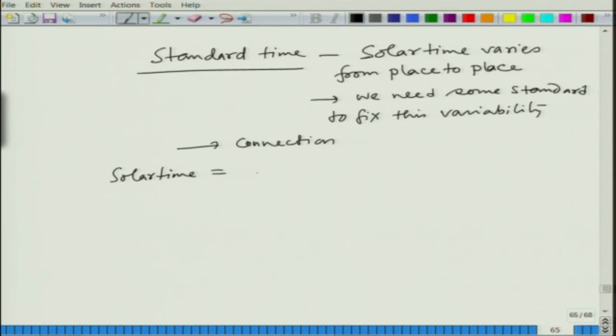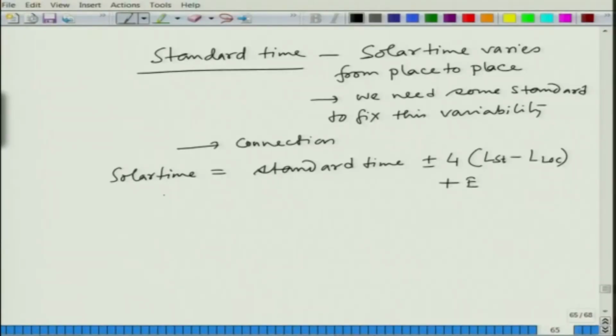So solar time is standard time plus minus 4 LST minus LOC plus E, okay, that is the equation that connects solar time and standard time, and what are all these terms will come one by one. Okay. So solar time is what your sundial is giving, what sundial shows, right,